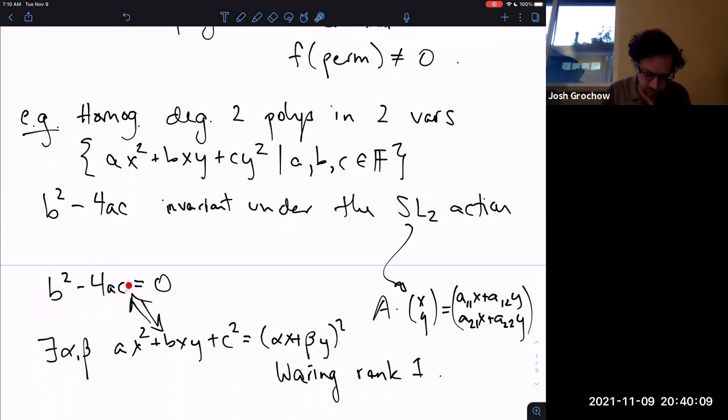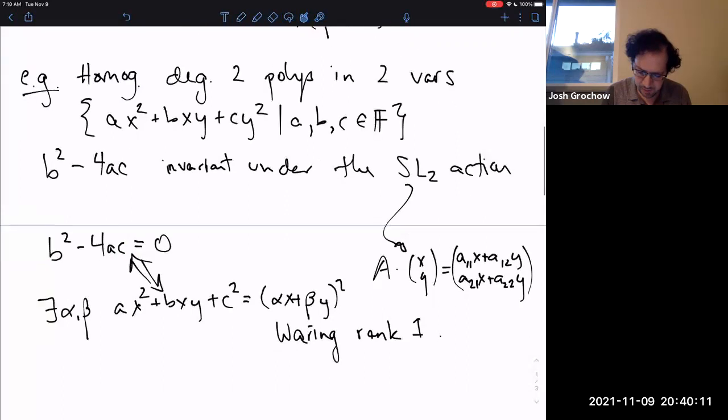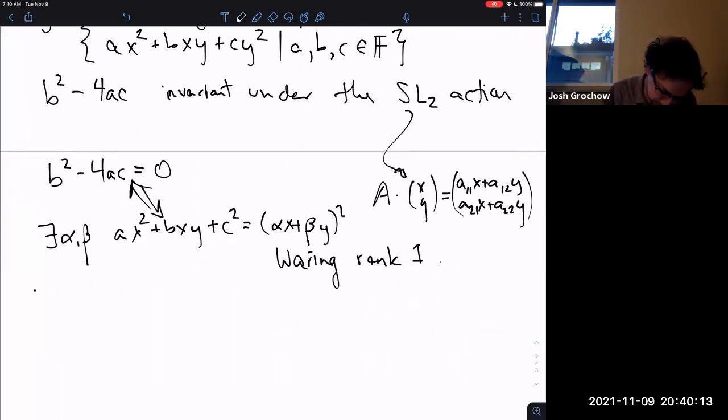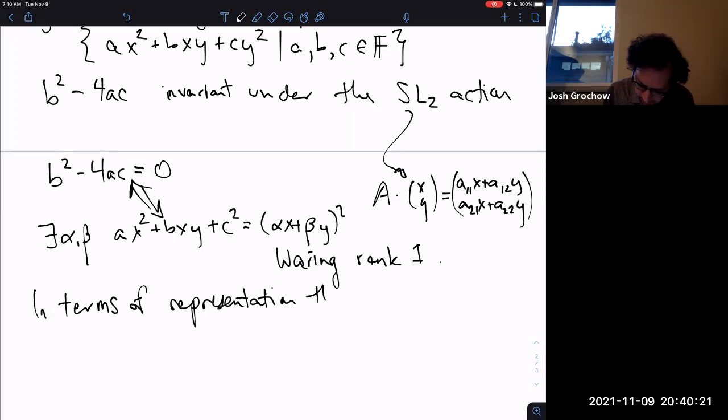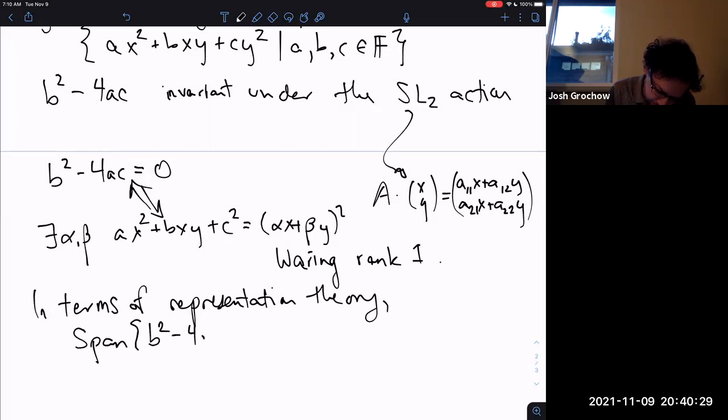So in terms of the representation theory, this polynomial is sort of very simple. So if we look at the span, the one-dimensional span, so this sits inside